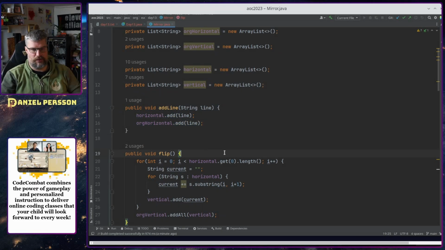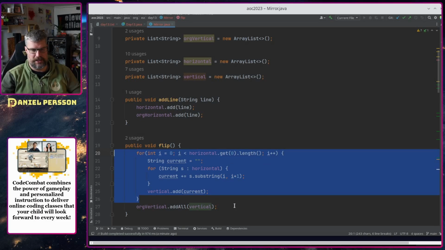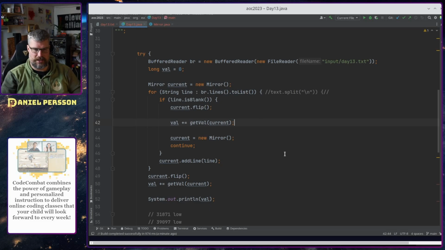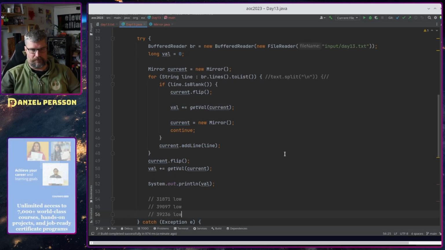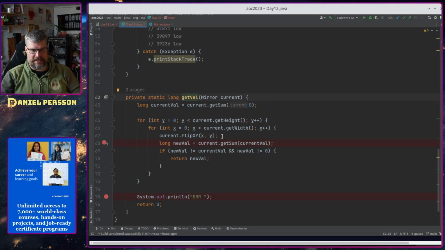And then when we flip it, we do the same, but we flip it over to being vertical, and then add to original vertical. So we have 2 of these different lists, and then we add them to that, and then we get the value here. Getting the value is just taking the first sum that we can get without any current value, and then we